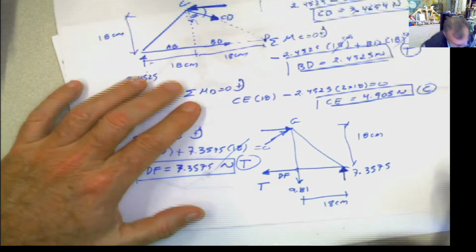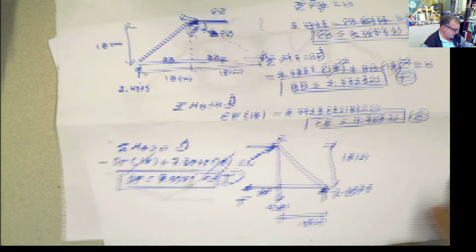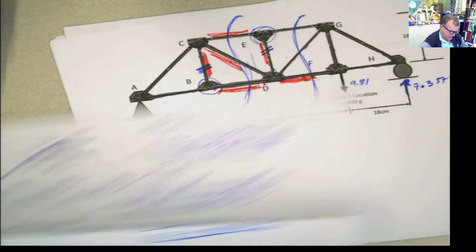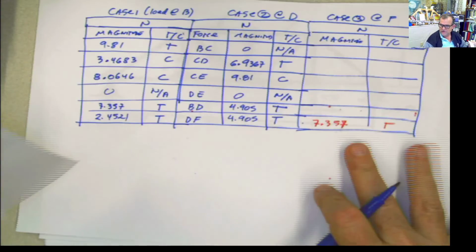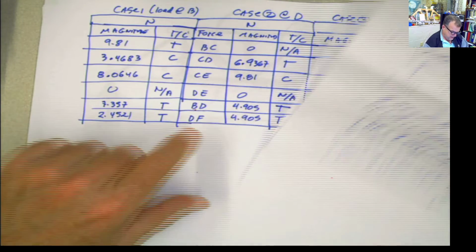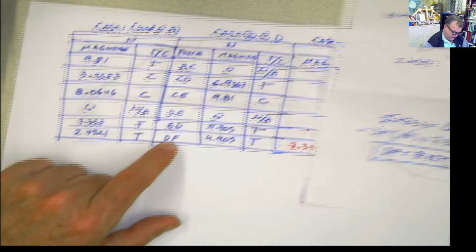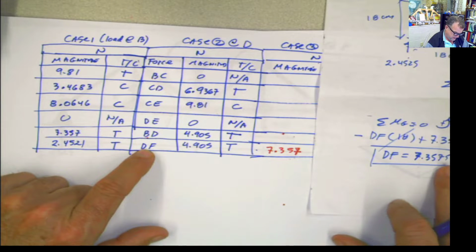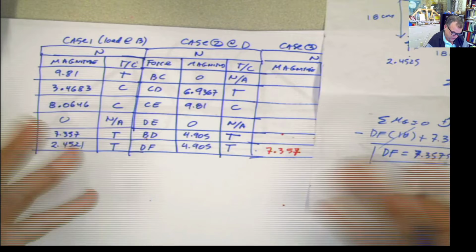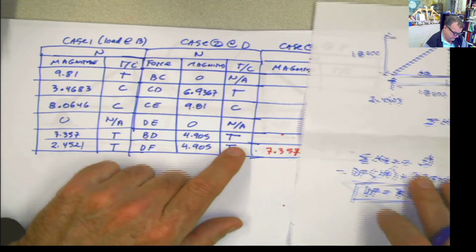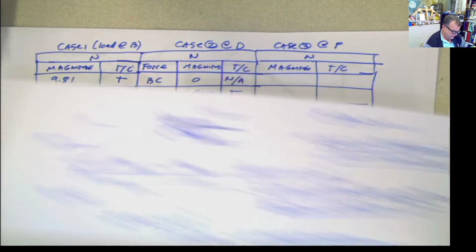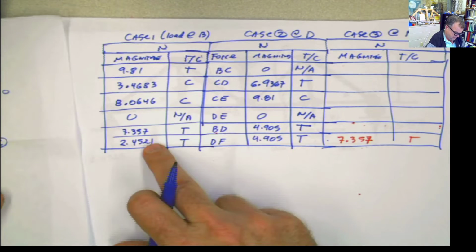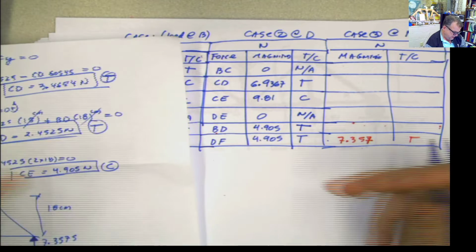Now, case 1, case 2, and case 3. And this is what I want to complete. You see, when we were working before, we were filling this table. And I say dF, I already put the value before, 7.3575 for case 3, just by analyzing it, just by looking at it. But let's complete the rest of them. Now, this force, BD, which should be dF before, should be this one for case 1, and it is, BD